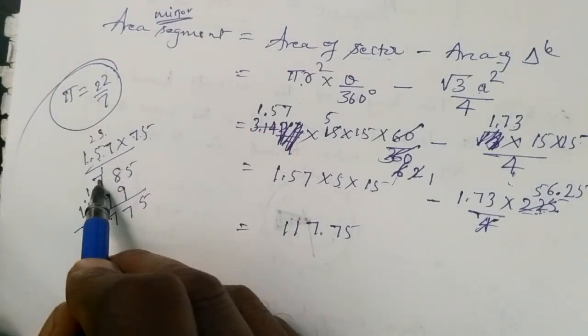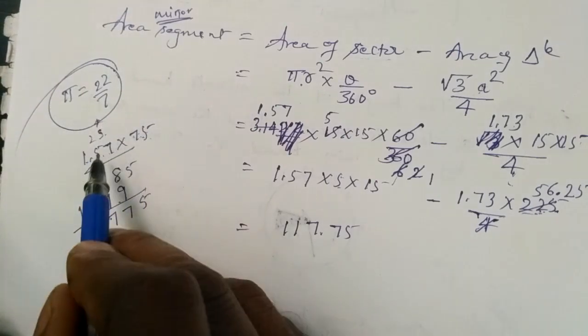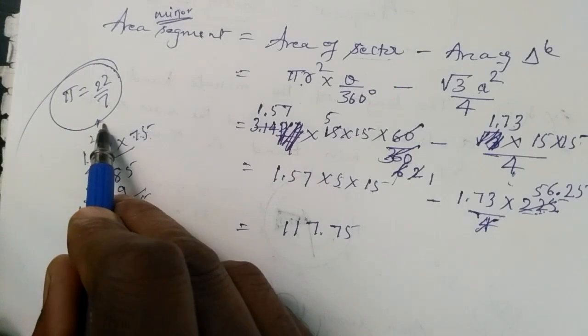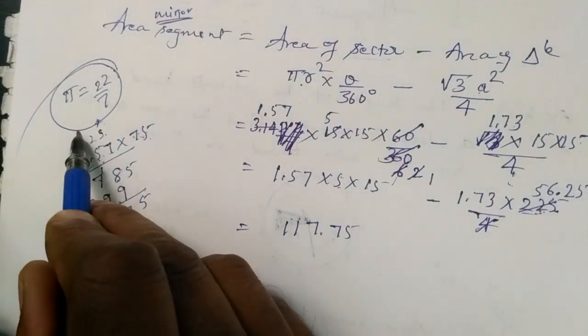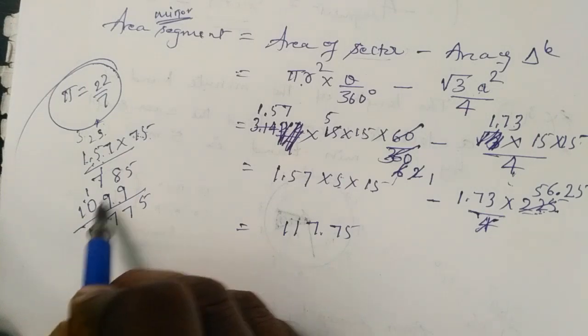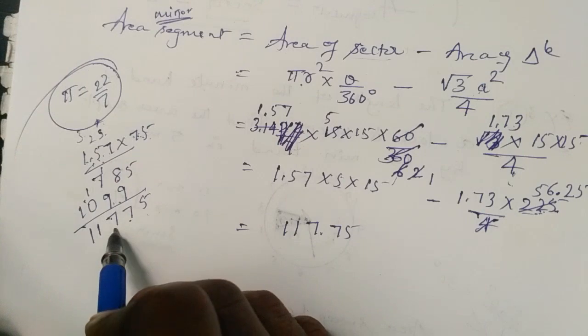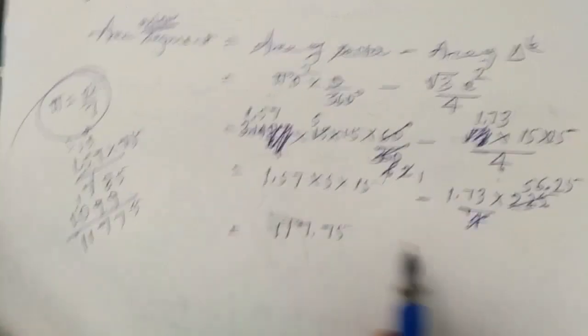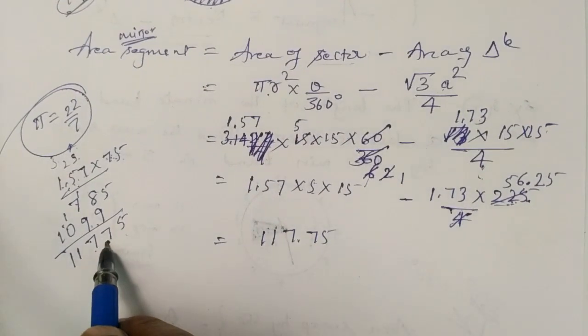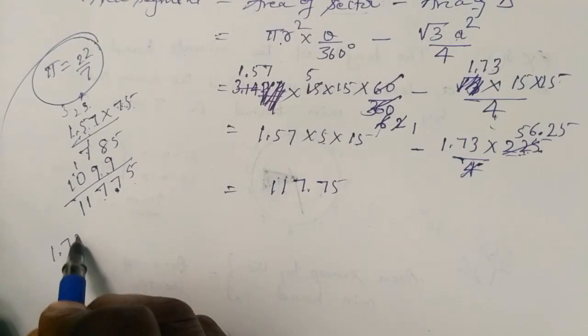5 7s are 35, 3 carry 5, 5 5s are 25, 3 is 28, 2. 5 ones are 5 plus 2, 7. 7 sevens are 49, 4 carry 5, 7 5s are 35, plus 4 is 39, 3 carry 7. 7 ones are 7 plus 1... 10. So 117, here 2 decimal places, here 2 places. Again we multiply 1.73 into